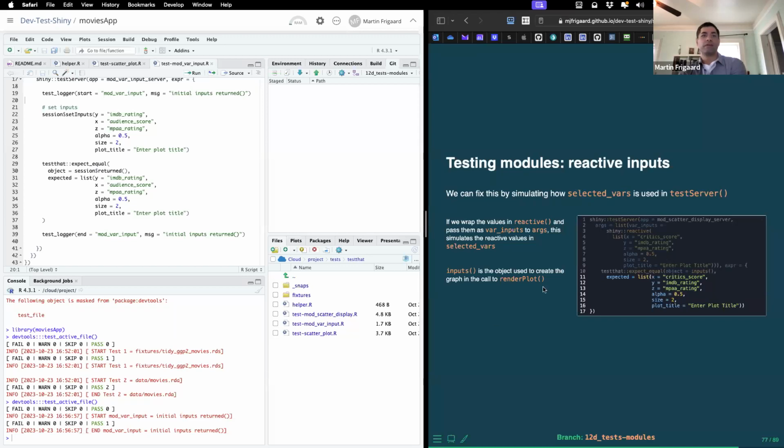So inside the display module, I create this reactive object called inputs, and that is actually the object that's used. It's a list that's used to create the scatter plot. So I can use the same non-reactive values, right, that I passed in here reactively. And why is that? How does that work? It's because